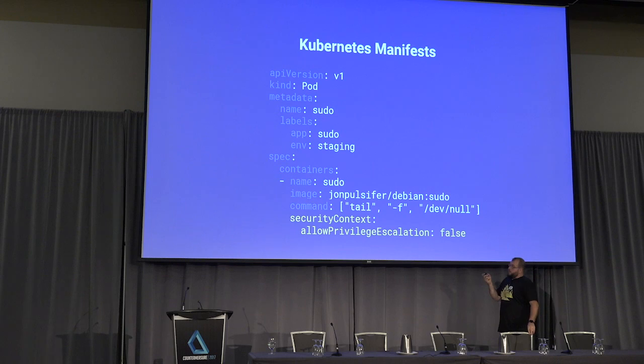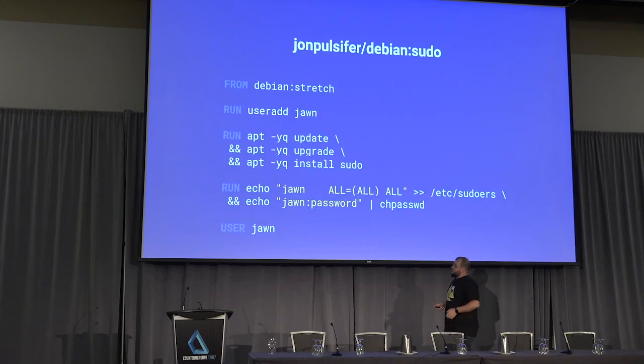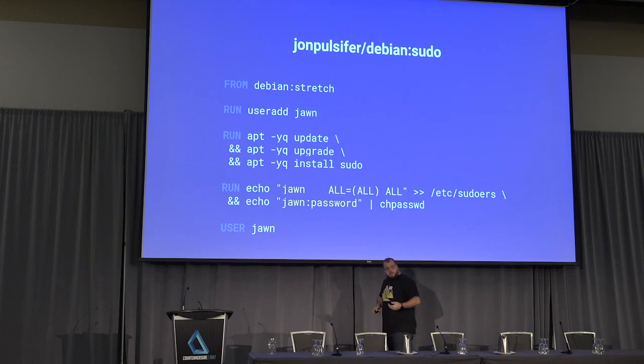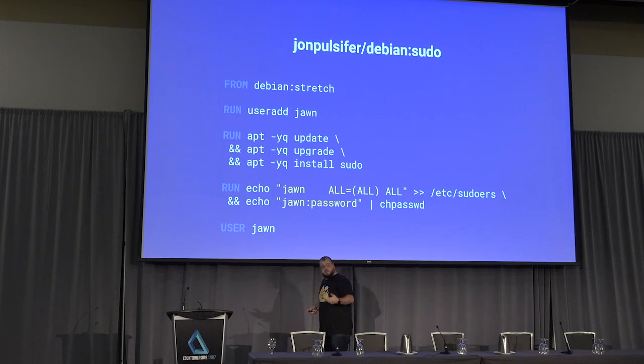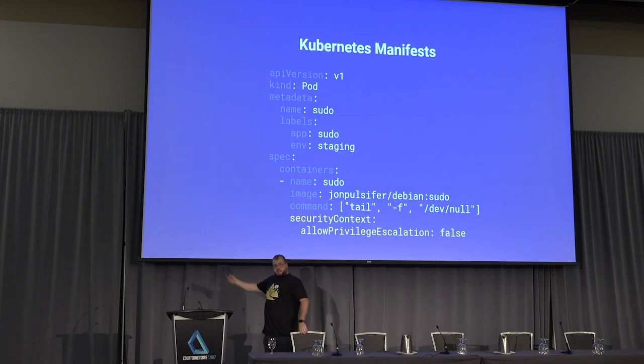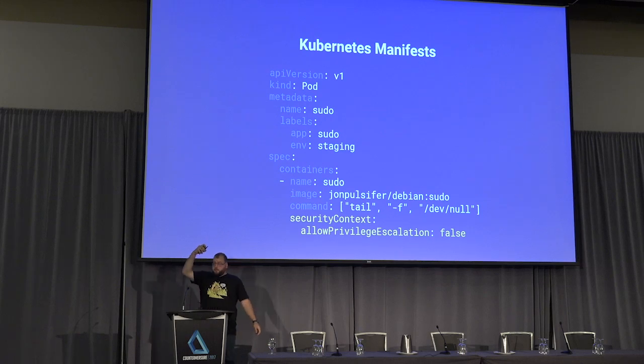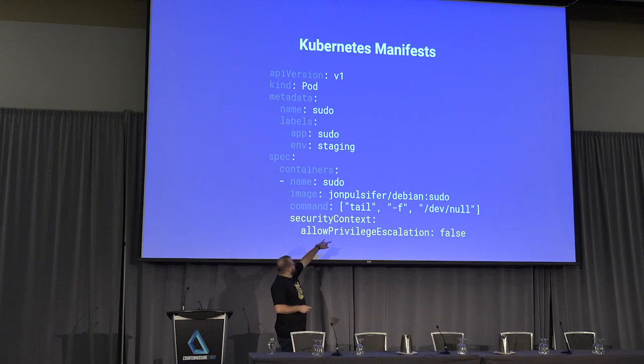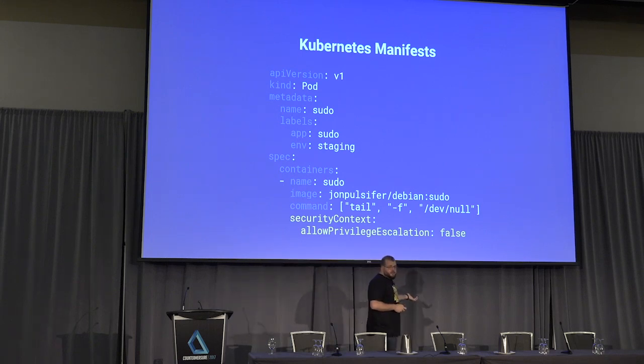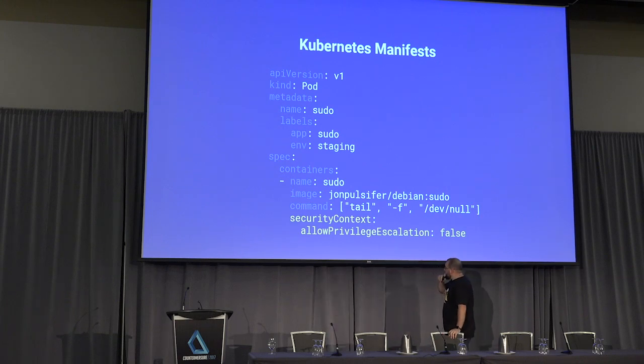Inside of this pod, we're going to run a container. There's where we get the container from my Docker Hub, and this is the command that we're going to run against this container. So we take a step back and see that I didn't provide any entry point to this container, no process to run my arguments against. What it would do is inherit from the parent image. So I pulled from Debian Stretch, so it's going to use the entry point of Debian Stretch, which is just the shell, and I'm going to tail -f /dev/null. That means the container will stay up forever until I turn it off.